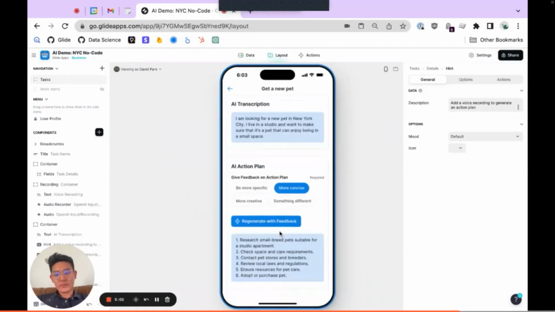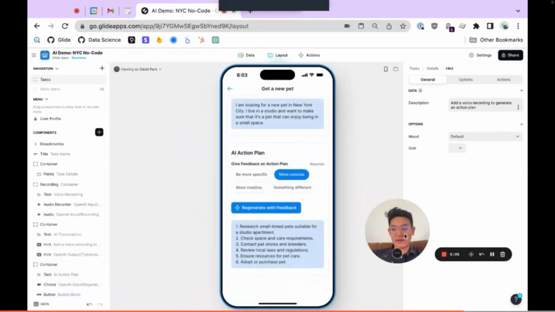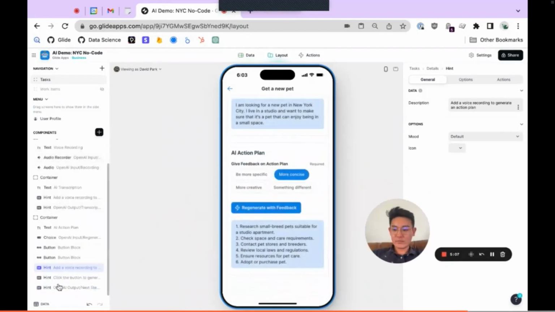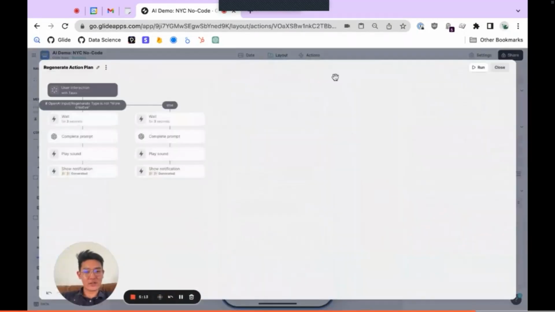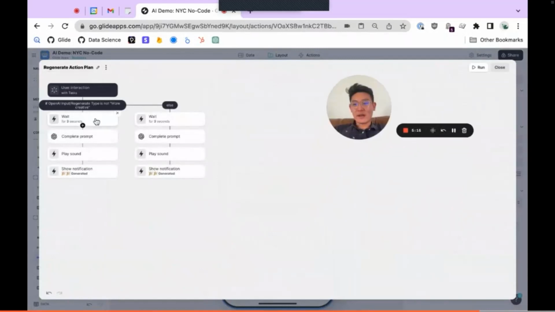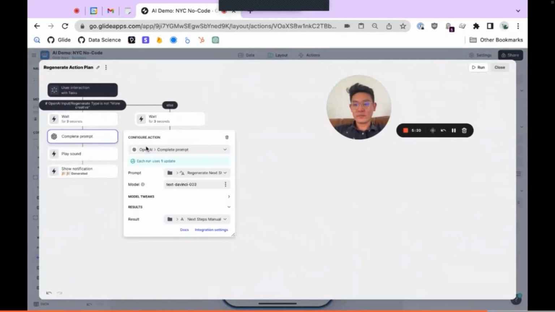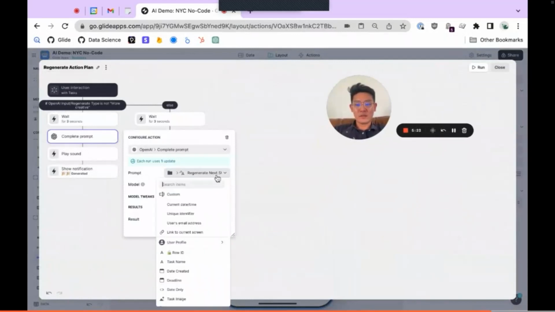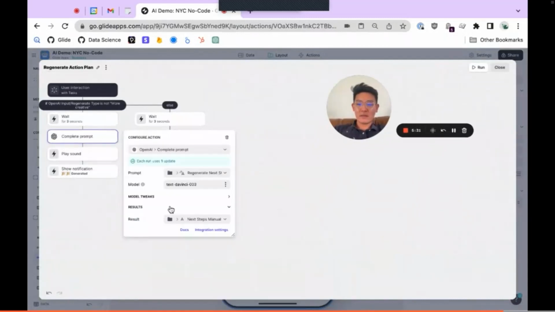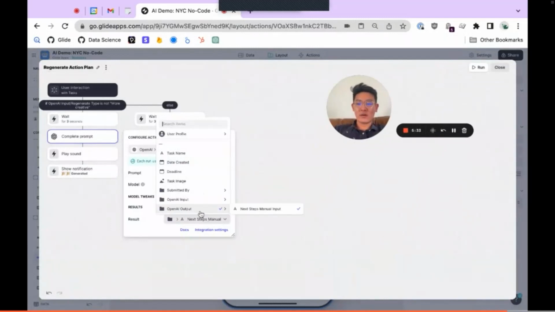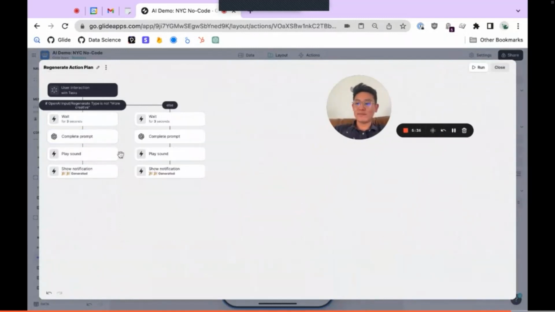If you want to see how you configure this action, it's really simple. You go into this button, add the action. And within our action editor, you can see I have a wait condition, so the user can see that it's thinking. I give the prompt here, which is initially the next steps prompt, but there's also a regenerate next steps prompt. And I have it paste or write the results to the next steps menu input. Play sound, show them switch.